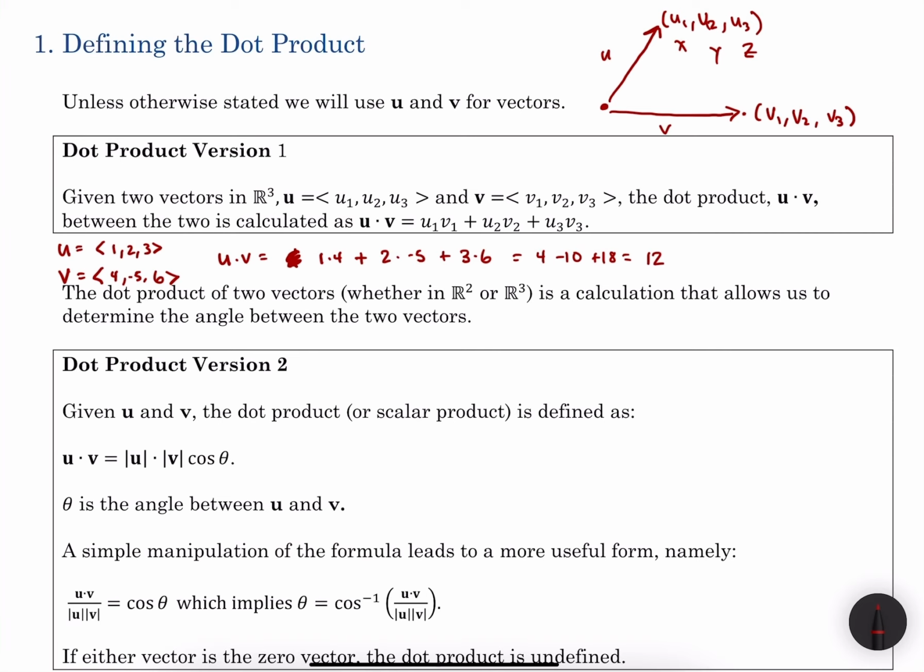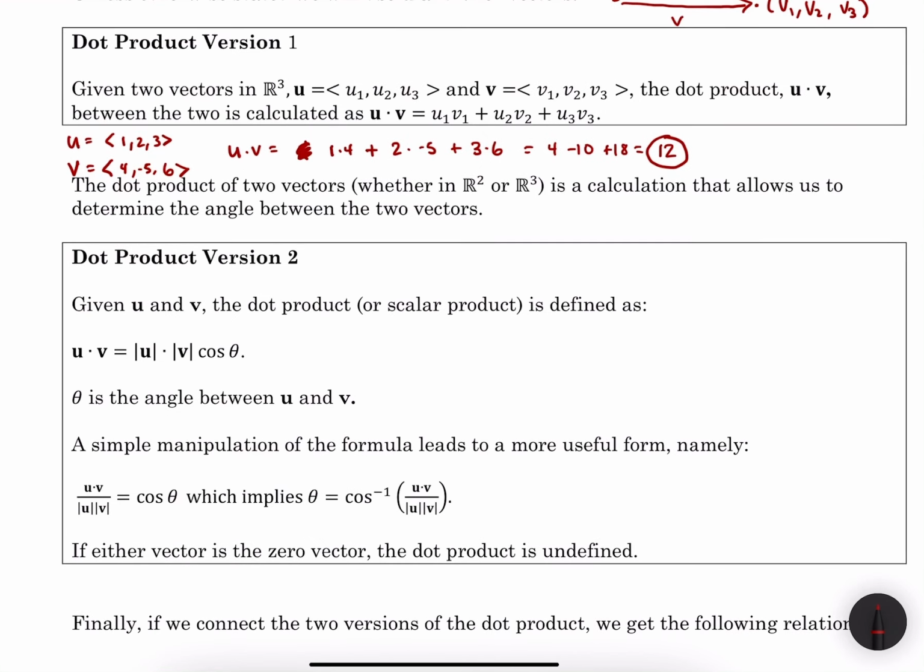So that's one version of the dot product. Being able to get a single value from this is helpful, because in the second version of the dot product, the dot product is the magnitude of u times the magnitude of v times the cosine of the angle between the two vectors. Now, generally, we're not going to know theta, but since we have another version of the dot product, we can fill in this part I'm circling, the u times v part,